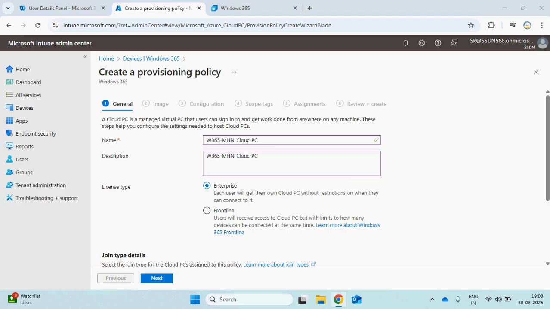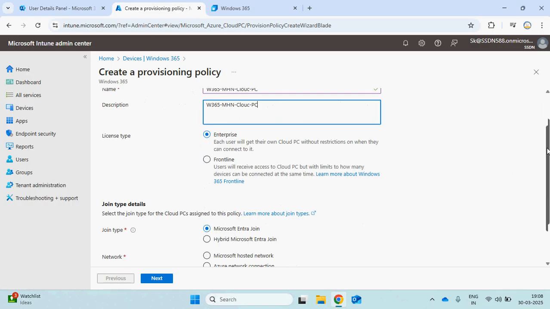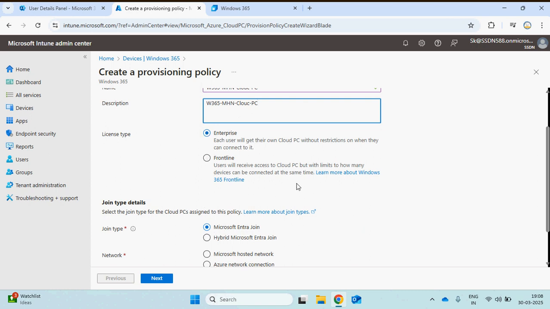So there are two editions of enterprise. One is enterprise and second is frontline. The basic difference between enterprise and frontline is, in enterprise you have a dedicated PC assigned to one user.